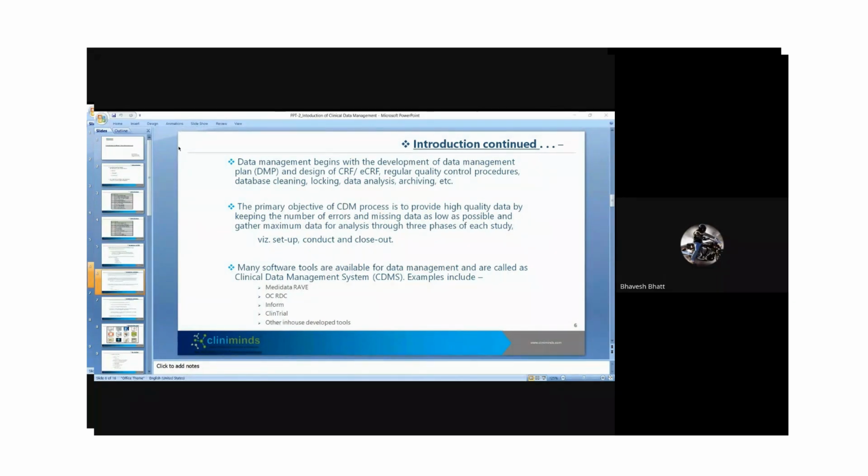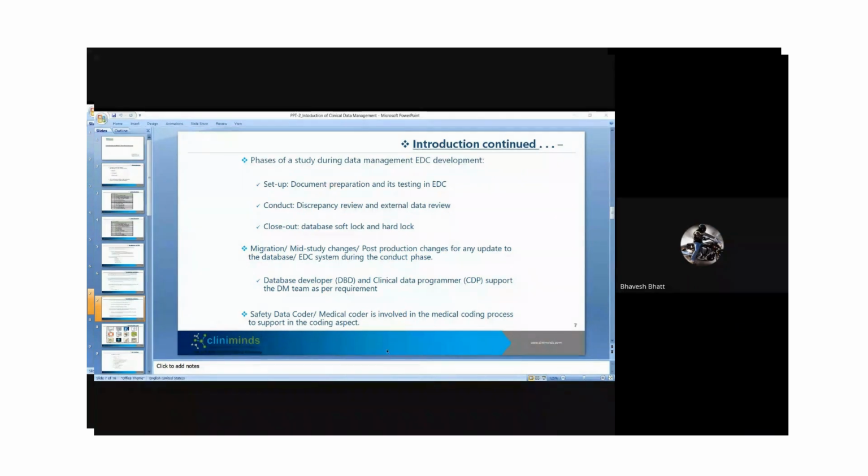So that is the tool named ClinSoft, which we are going to use in EDC. Again, further diving into details about each of these phases of the study during data management: development, or the EDC development, is setup, where document preparation and its testing is going to happen. So all the documents right from scratch, DMP, eCRFs, SDS, DVP, which is also called as the